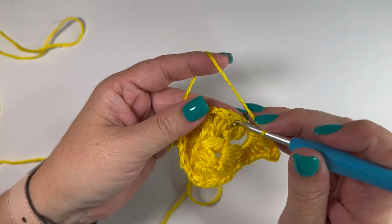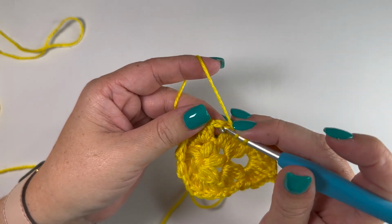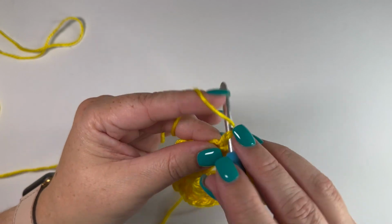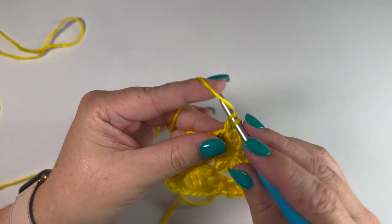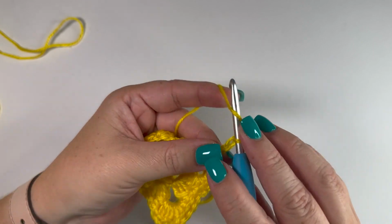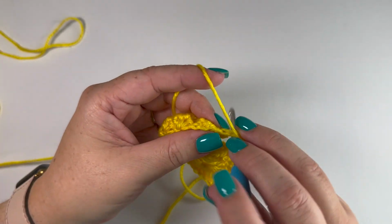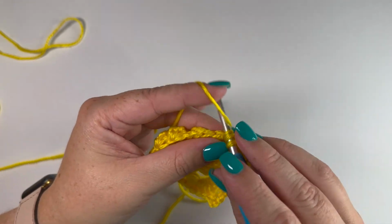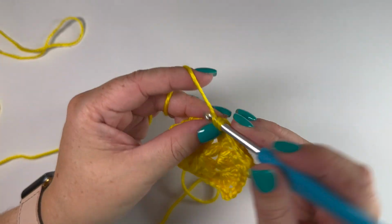Then we're going to go in between the 2 clusters on the chain 1 space, and we're going to do a single crochet, and then skip a cluster, and on the chain 2 space we do again 4 double crochets, chain 4, and then 4 double crochets into the same space, and then a single crochet. So we're going to do that same pattern all the way through the round,